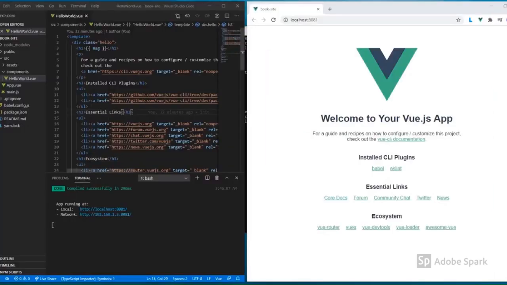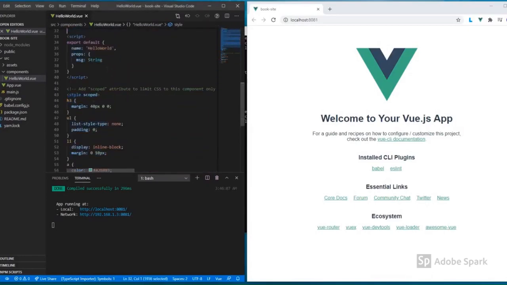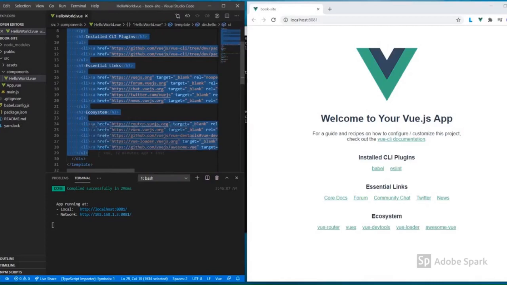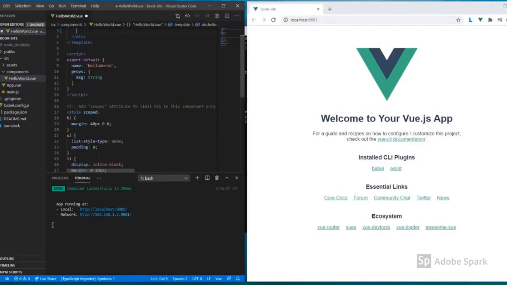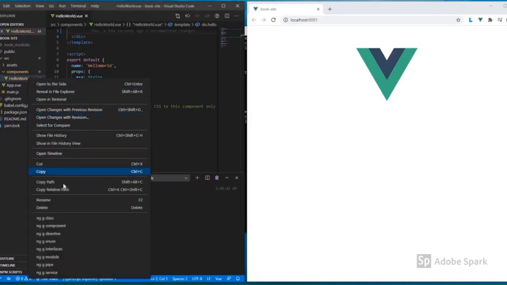And now I'm going to update this HelloWorld component, because just to show you, I'll delete and save it. So now if you see, the browser is already updated with the changes which we have made in code. Let me go and delete this HelloWorld component,